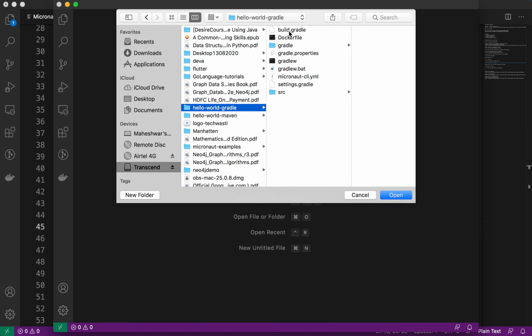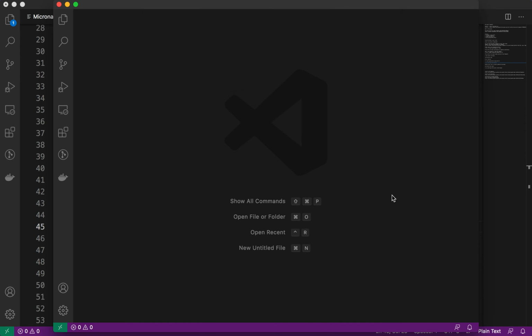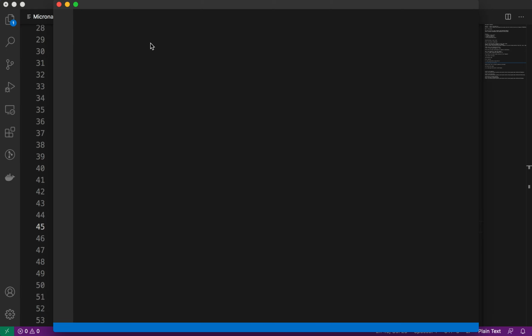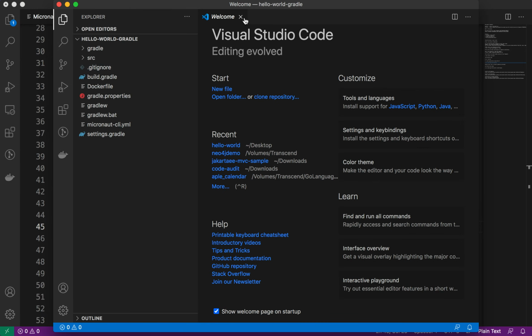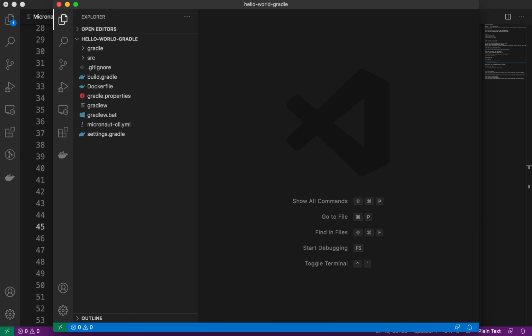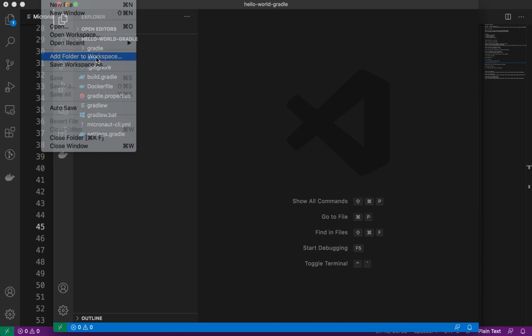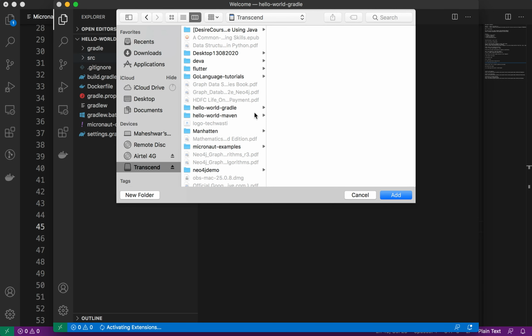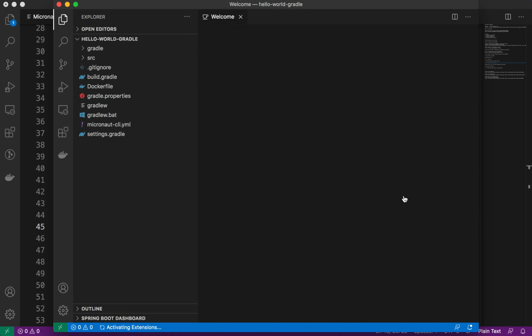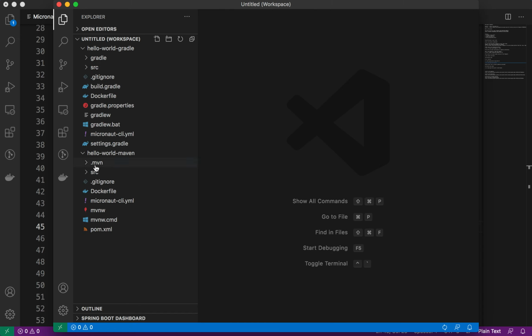If you look at the folder structure right here, it's build.gradle, Dockerfile, gradle.properties, and the src. Let me open this one, and let's add one more folder as well. We'll check both folder structures, so let me add the other one, which is our hello world maven, so that we can see how it looks both ways. If you look at the difference, the below one is hello world maven and the above one is hello world gradle. Whichever is useful for you, you can use that, but the structure is the